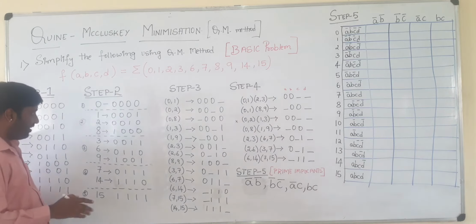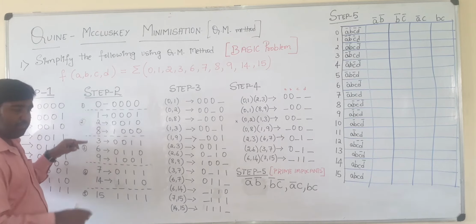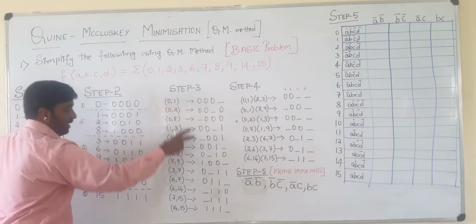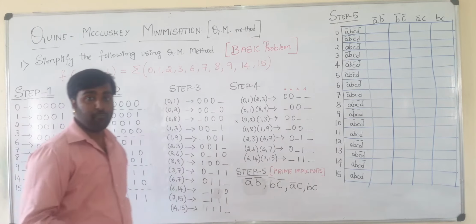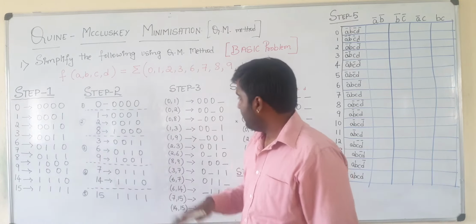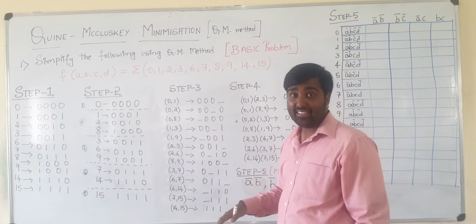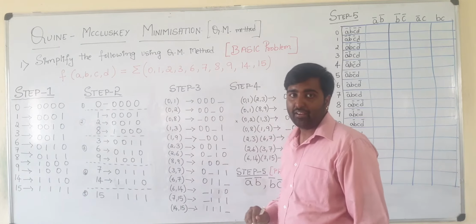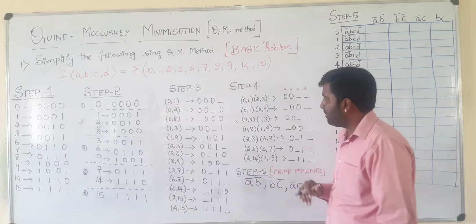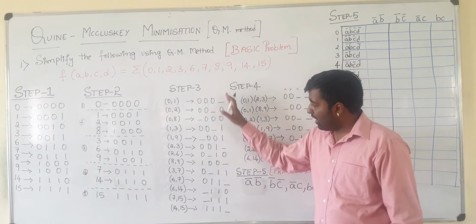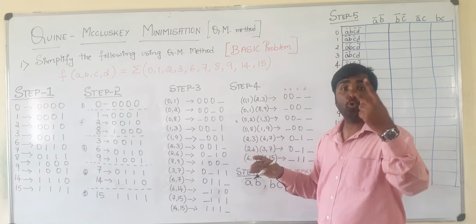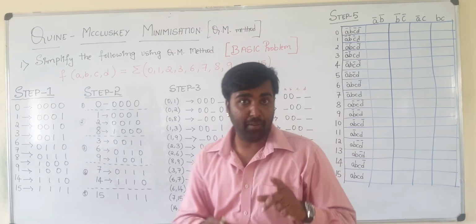In the same manner, 2 will be compared with all the numbers, 8 will be compared with all the numbers. You will be writing which is your third step. Remember, this is your third step where there is only single bit change, the numbers which you will be writing here. Coming to the fourth step, after you are having a single bit change, now you start searching for 2 bits change.